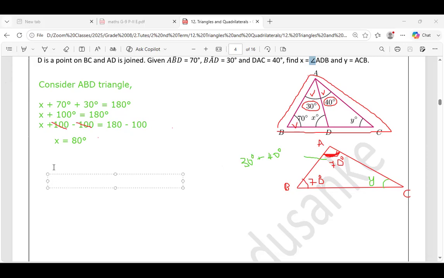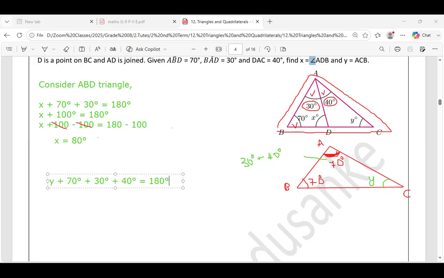So I am going to start from what I do not know. That is my unknown term, that means my y. I am going to find that y plus 70 degrees plus. If you want, you can write directly 70 or 30 plus 40. I would write 30 degrees plus 40 degrees so that you can understand it by looking at the original figure, where you have 30 plus 40. So 70 plus 30 plus 40 plus y is equal to 180